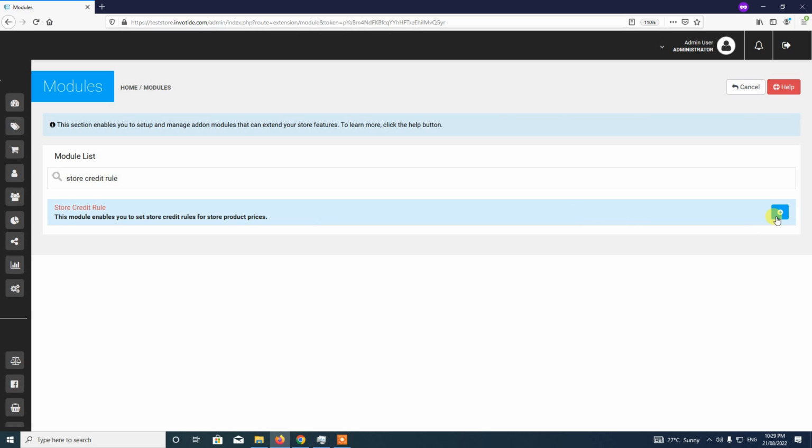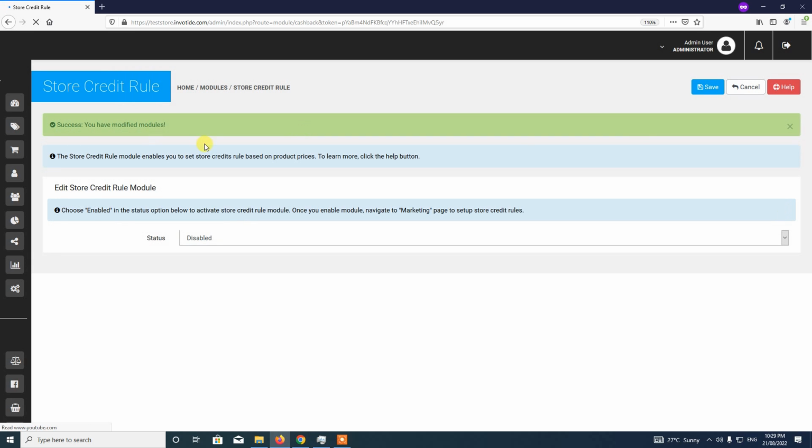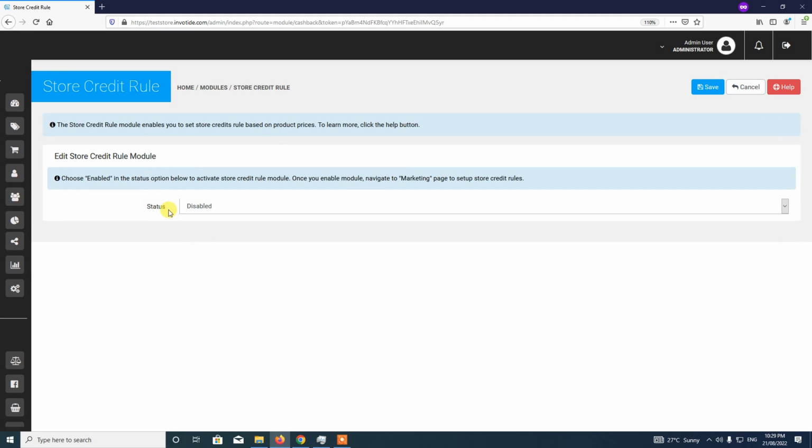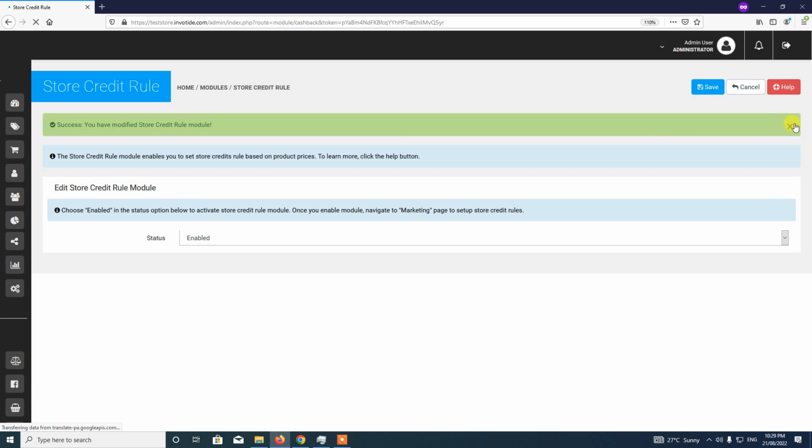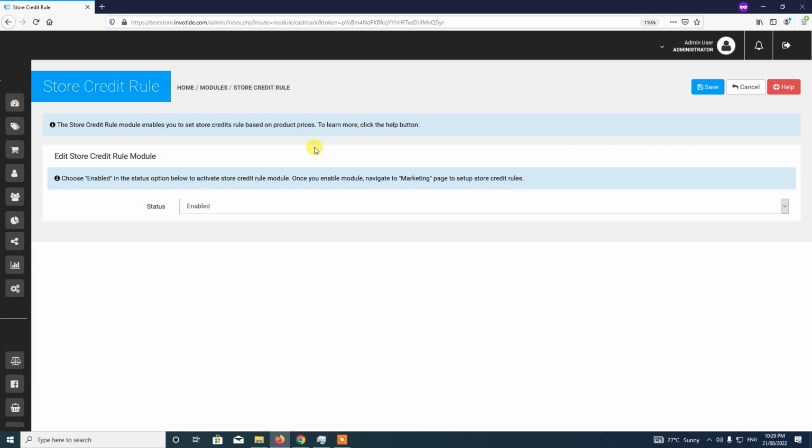The next thing we do is we proceed to install and edit it. So now we have installed the module. So we proceed to enable the module and then save. Alright, so after we have saved, the next thing we do is to set up the store credit order status settings. To do that,